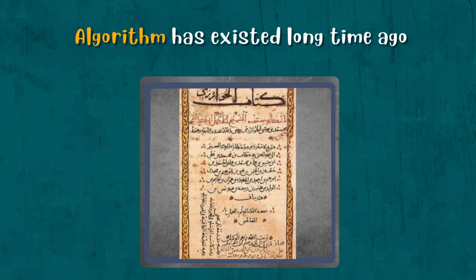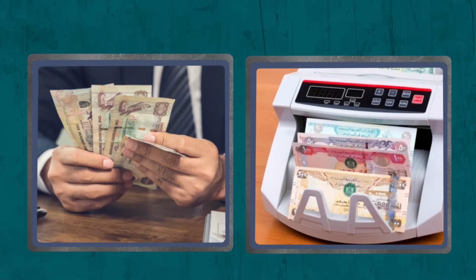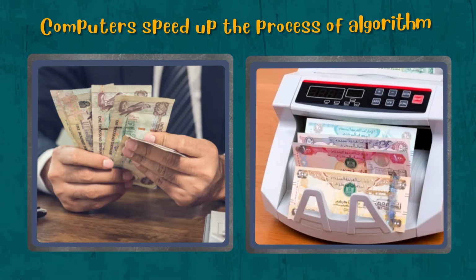Does algorithm have anything to do with computers? The word algorithm has existed for hundreds of years before computers, because math recipes, which is pretty much what algorithms are, have existed all the way before computers. Computers are just a very good place, a very fast thing to actually do those math recipes, right? That's all. The math recipes themselves have nothing to do with computers.